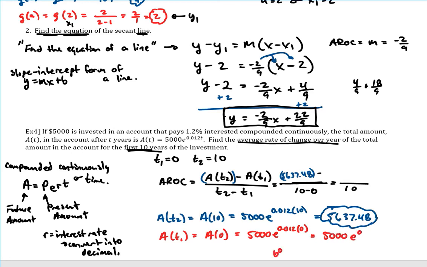And if we know certain rules, remember that b to the 0 is 1. A base to the 0 is 1, as long as that base is not 0. That base can't be 0, but that's a very rare case. So 5,000 times 1 is just 5,000. We could have plugged that into the calculator to verify. It definitely is 5,000. So we would subtract 5,000 from that, which means we're left with